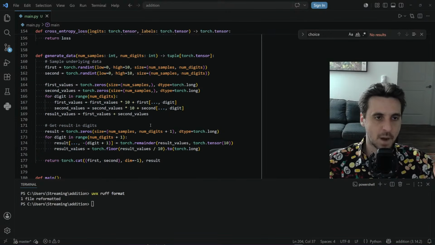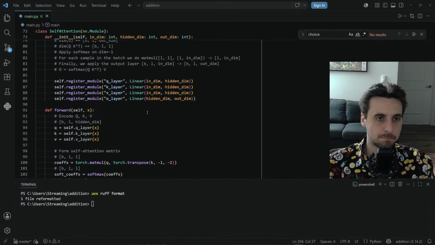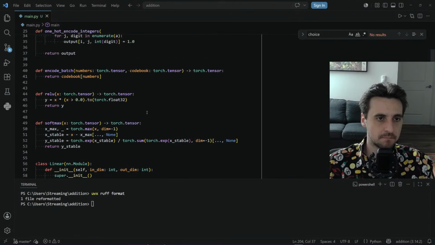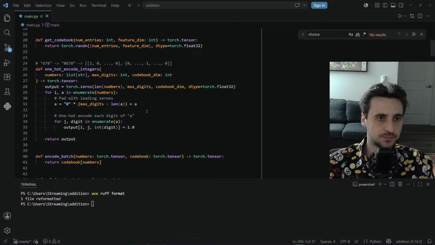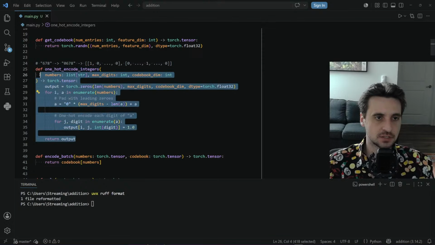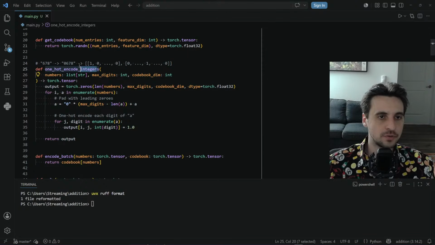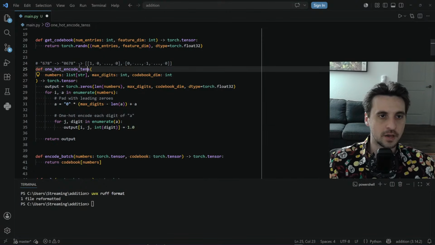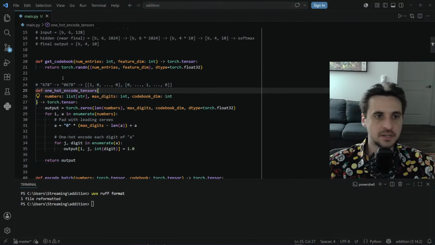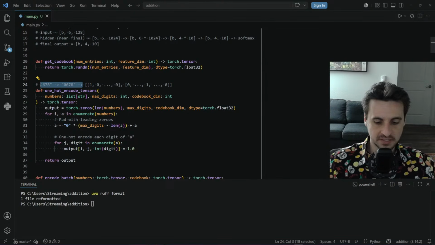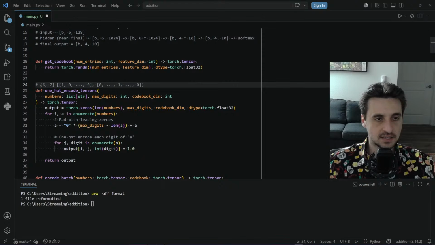I don't even know why I need this one hot encode integers. I do not, because my integers are already... Oh no, I need to one hot encode tensors now. Okay, so now remember, because we converted, now we're gonna enter with 6, 7, 8. Okay, and I want 6, 7, 8